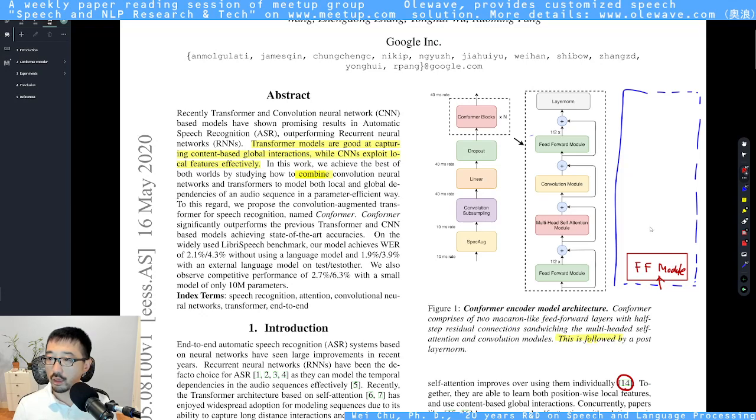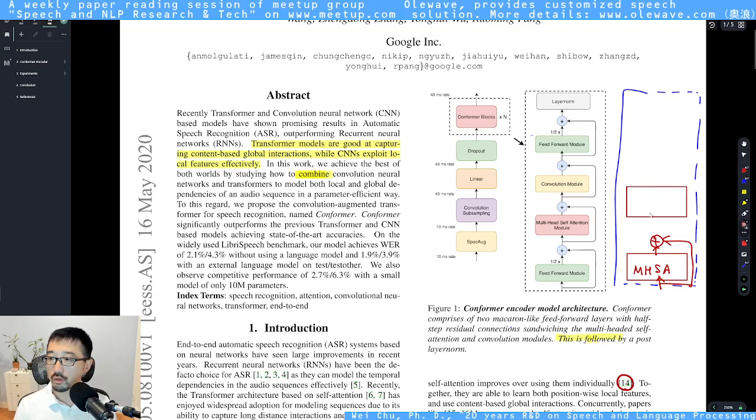I think in the beginning it uses the multi-head self-attention, and they leverage the ResNet connection. And after this,